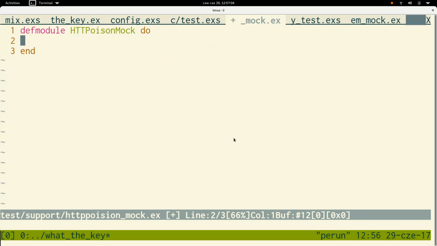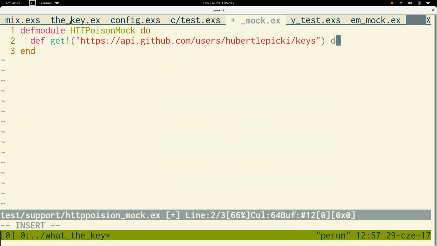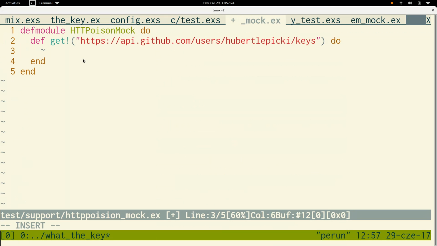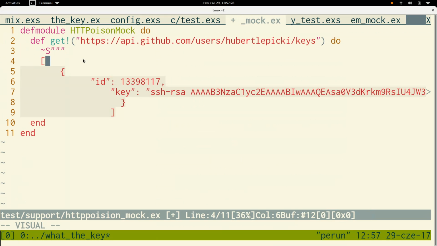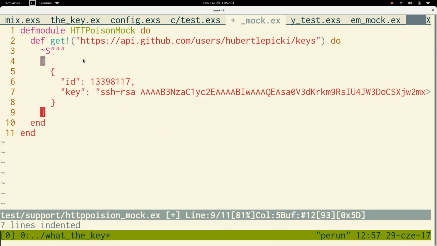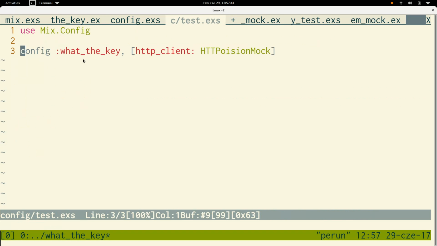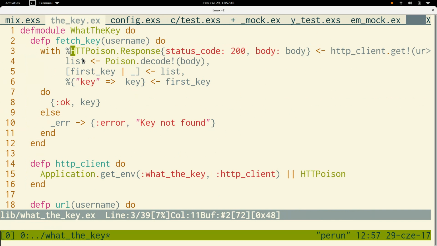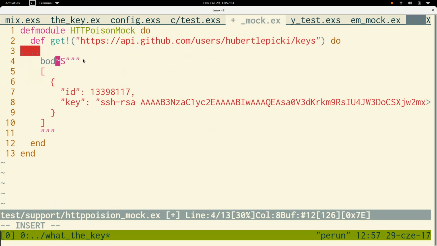And we need this get function, and when it gets something like this URL, so if it's my URL, then we just return my key. Okay. So bad at typing. And I think we have to return this HTTPoison response correctly. So I'm just going to do exactly that. So this is our body here,